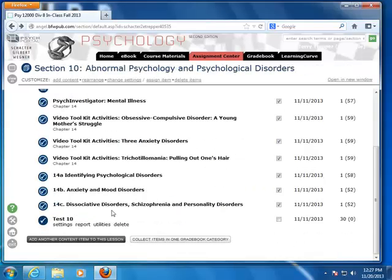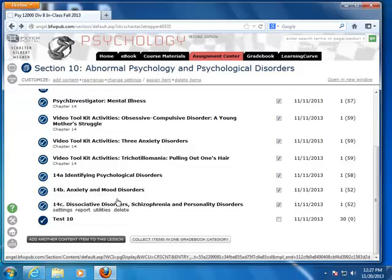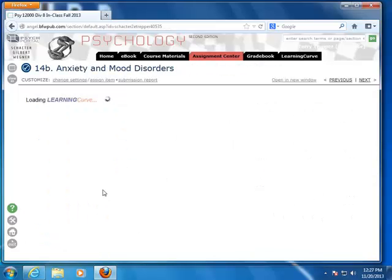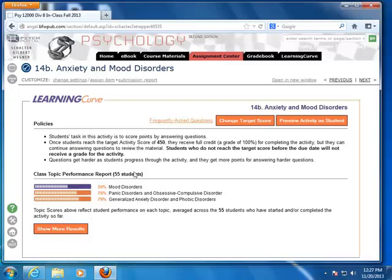And then one more thing I want to show you is the adaptive learning part of this. And this is really neat. And again, all of the publishers have this. What this is, okay, so there are students who are going to read the text, but they won't get it. But there's also students that won't read the text, or they skim it. So these are modules that provide tests. This one's called Learning Curve, but they provide a test